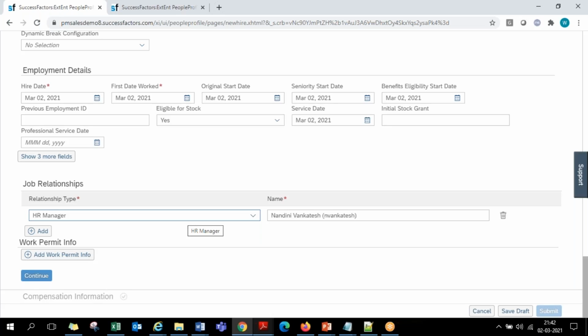Whatever is coming in the hiring level by standard SuccessFactors predefined, that is the only thing. You cannot customize this hiring sequence. Bringing or removing the existing things cannot be done. Custom fields in the existing portlets, whatever you add will come and appear. But a new portlet created, you can't bring it into the hiring process. Okay.